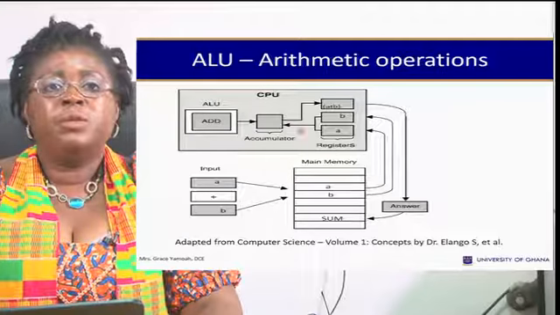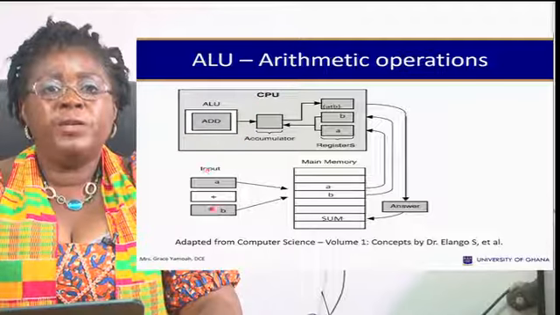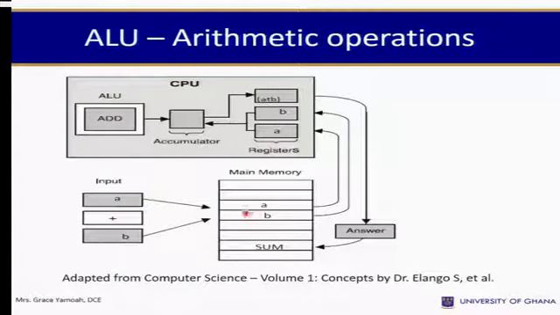This is the diagram. So we have A and B as input into the system, first stored in the main memory, and then as they are stored in the main memory, they are taken into the data registers through the control unit, through the bus system, and they are kept in the registers until they are ready for processing, where they will be fetched into the accumulator, and then the addition unit in the ALU system